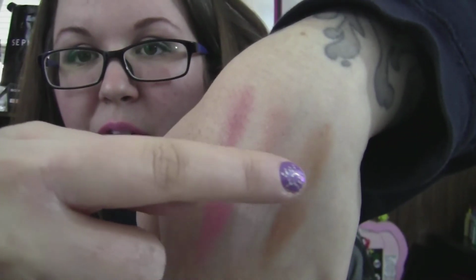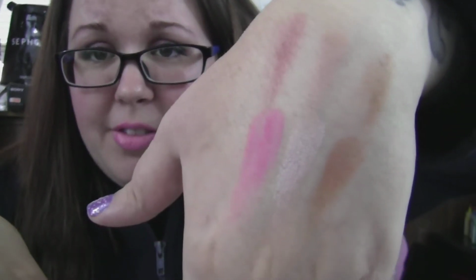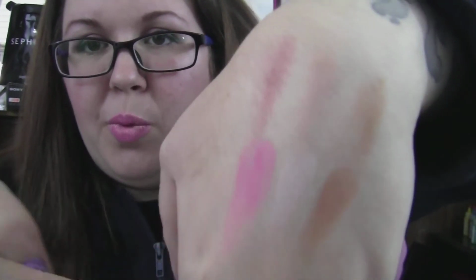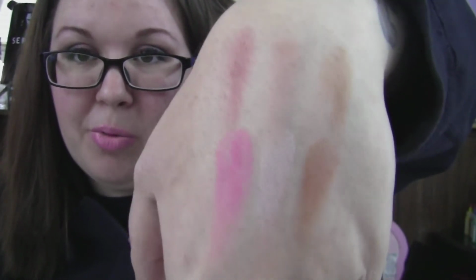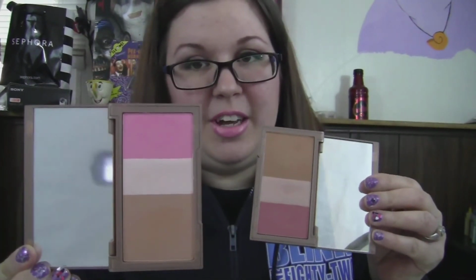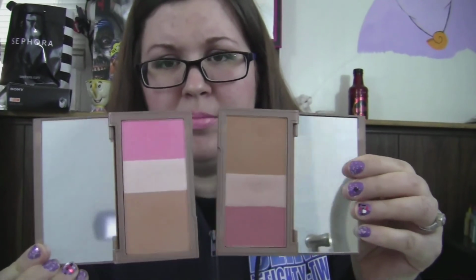Okay, so this was the original palette, the original Naked Flush palette, and then this is the newer one. So definitely the original one was all darker colors, especially the blush. That one's almost a plum color. But I like them a lot. I gotta say, I like the new one, the Native one, better, but they're both gorgeous,